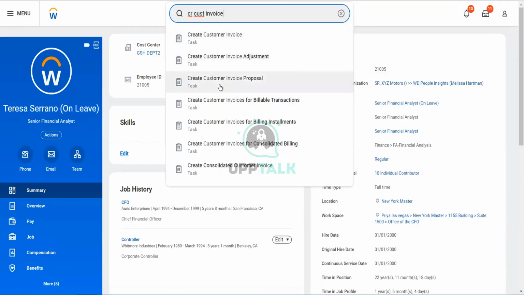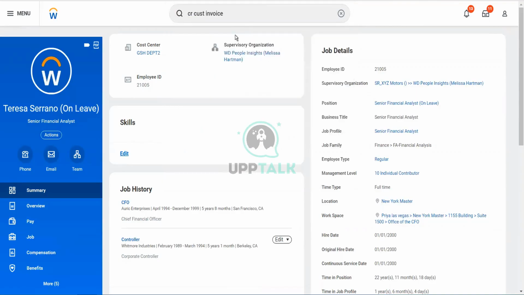You will notice that Workday shows 7 results matching the keywords typed in the search bar. This is what we call the search bar, and it will show you the related 7 tasks or the details. If I go with create customer invoice,